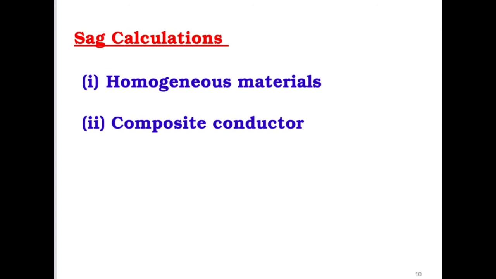But these days, we don't use homogeneous materials for transmission line conductors at all. We always use composite conductors these modern days. Very, very composite. A number of materials are there. I'll talk about that in the next chapter. But in this chapter of Power Systems 1, because we are starting to learn all these things, we will use only homogeneous material to make our calculations easier. So we'll consider that the material is either copper or aluminum.